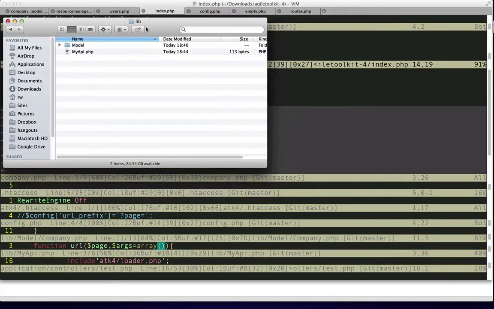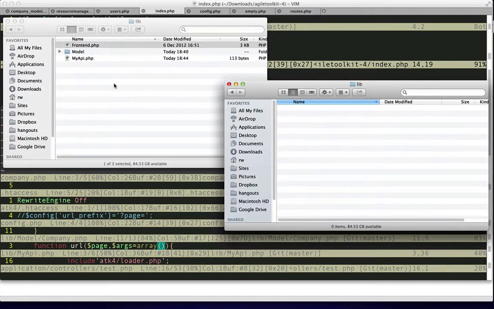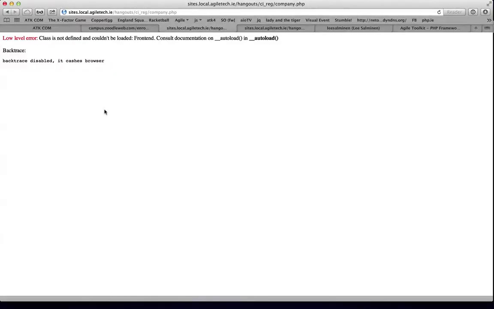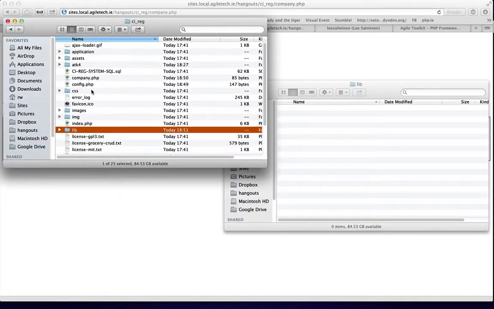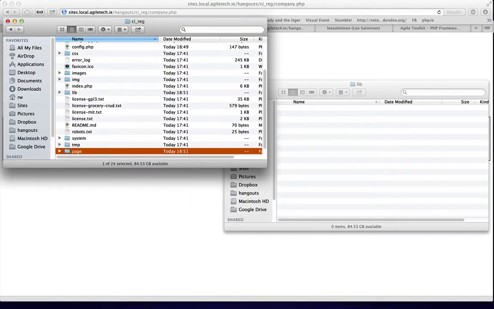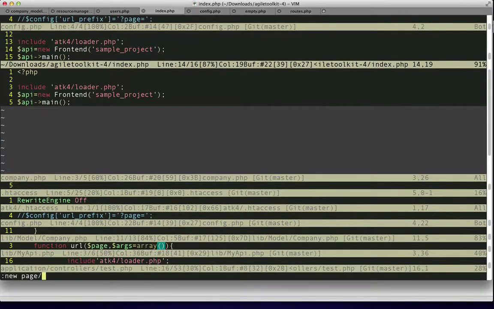So inside lib here, I'll take it from Agile Toolkit 4, which is a part of the installation. It would have worked if we just moved it here. And we also need to create a page. Okay, so we need a folder called page. Inside there,